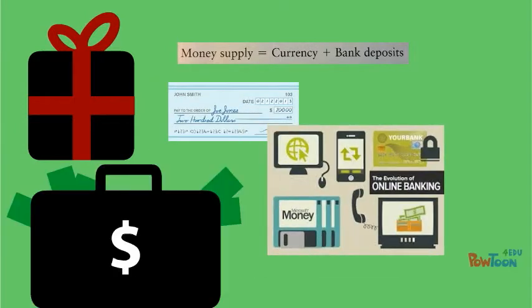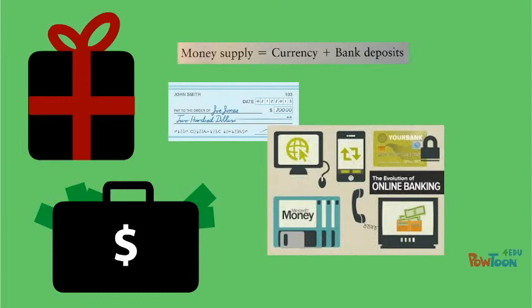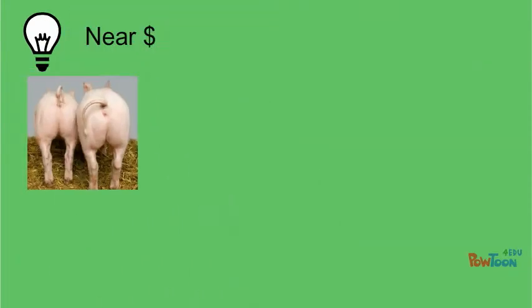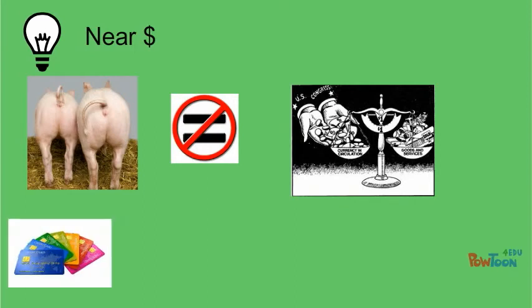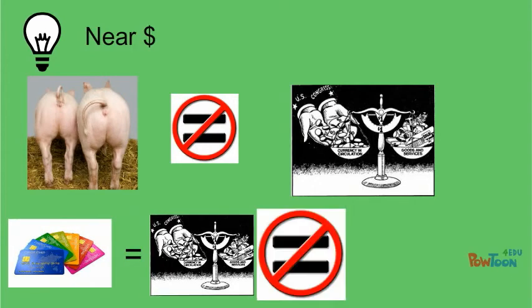Hopefully this video has taught you about the money supply and the various ways it can be defined, such as M2 and M2+, and what is included or is not included in those measures. We also hope that you understand what is meant by near money, meaning assets that are convertible into money, but are not a current medium of exchange themselves. And lastly, money substitutes, such as credit cards, which serve as a medium of exchange, but are not money.